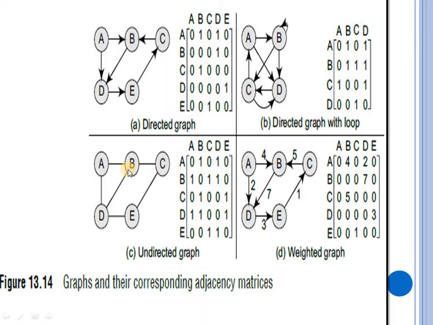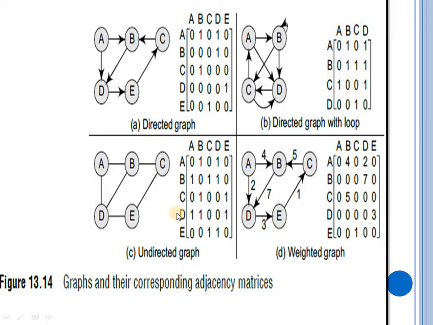And in an undirected graph we have to consider both directions, that is A to B and B to A. Here we are considering A to A is not there, A to A cycle or loop is not there. So A to B here we have, so 1. Then A to C not direct, so 0. A to D we have, so 1. Then A to E not, so 0. Now B to A we have an edge. Then B to D we have, and B to C. So B to A 1, B to C 1 and B to D 1. Others are 0. So we complete this like this.